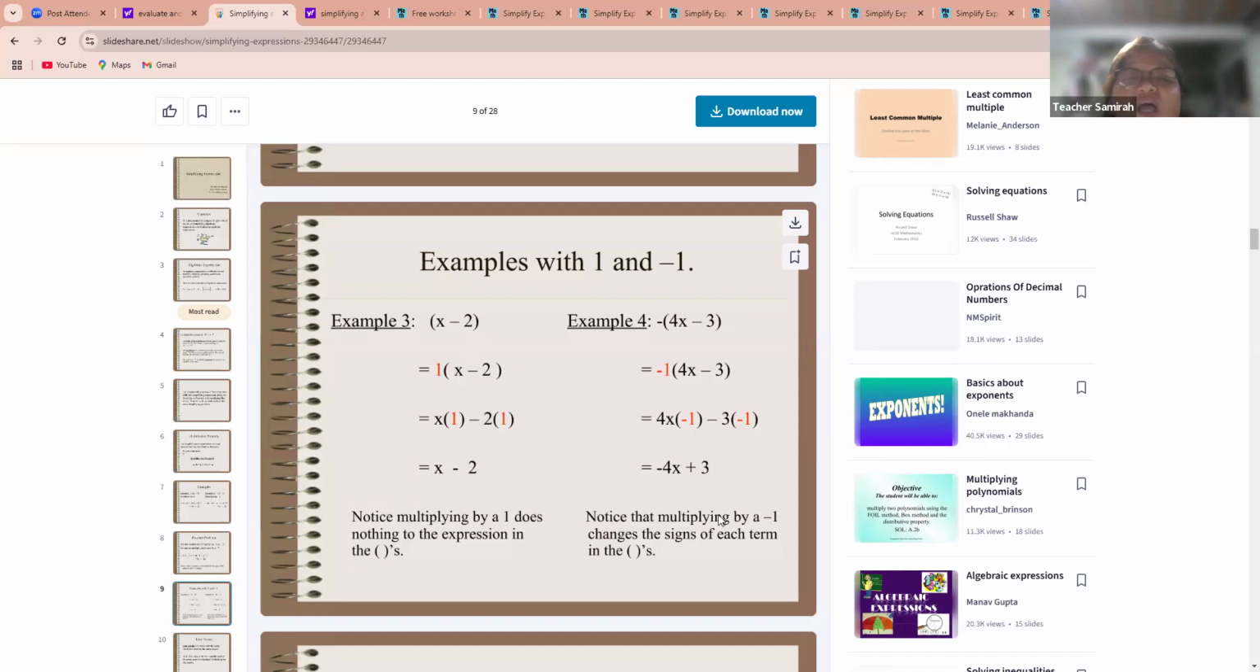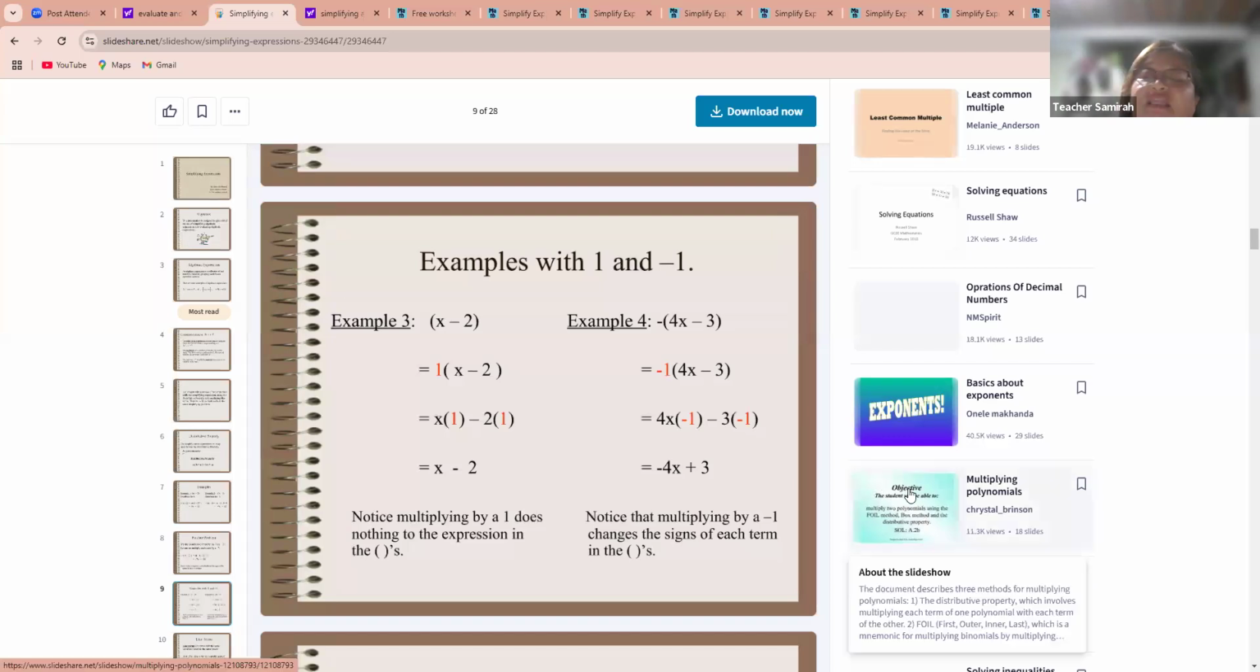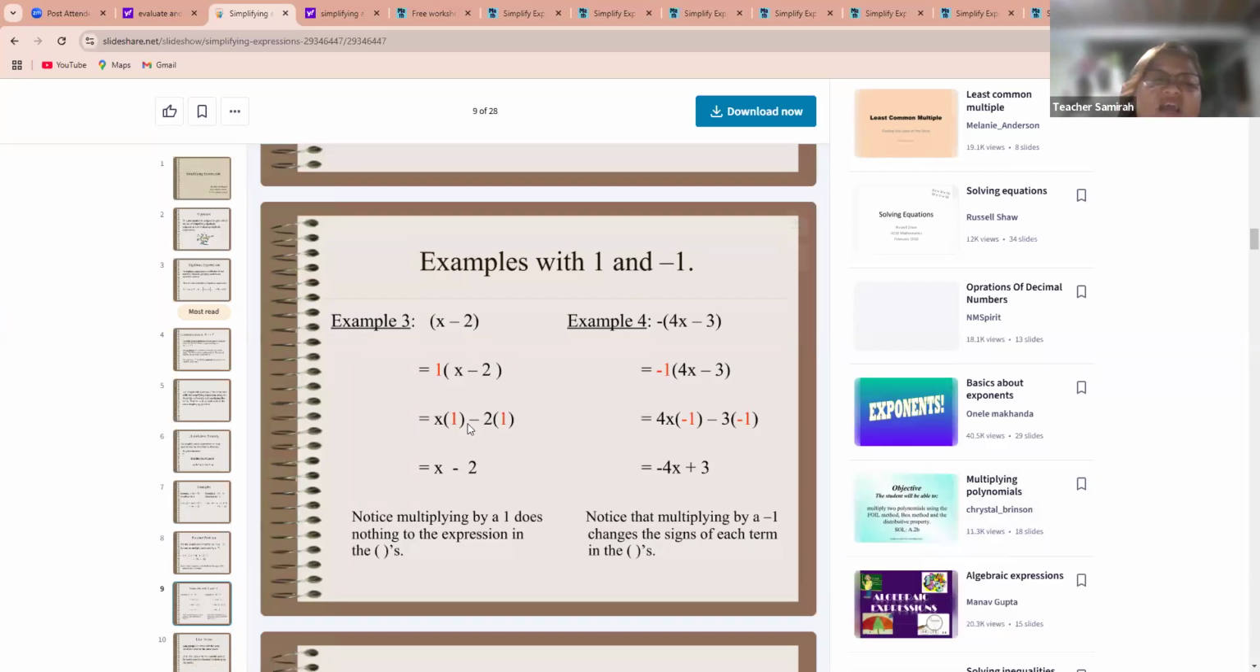So we all know that through the identity property, if I multiply 1 by a variable or by a number, the answer would be that variable or that number. So x times 1 would still be x, copy the sign, and 2 times 1 would still be 2. So this is the final answer. And then for example